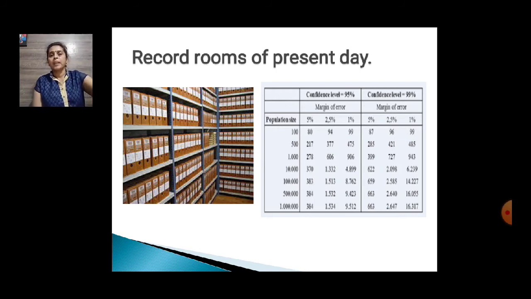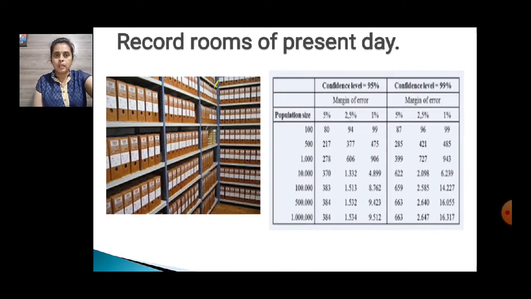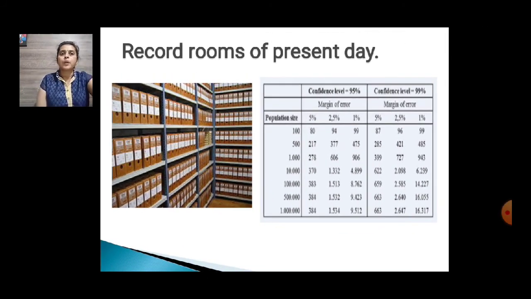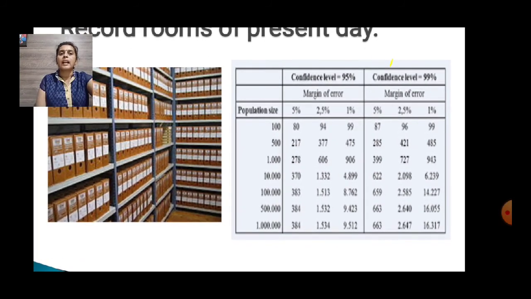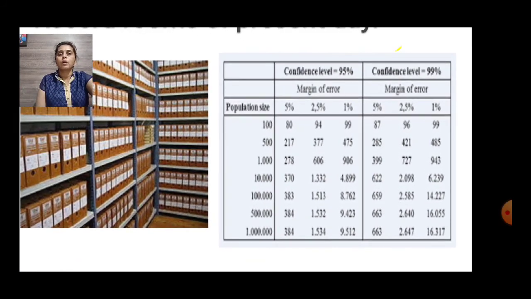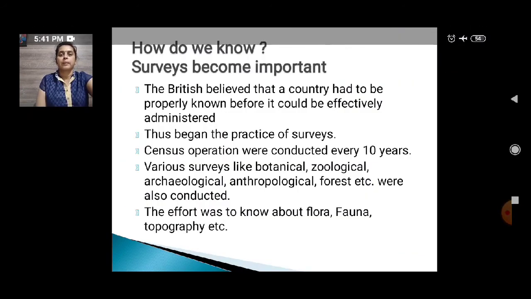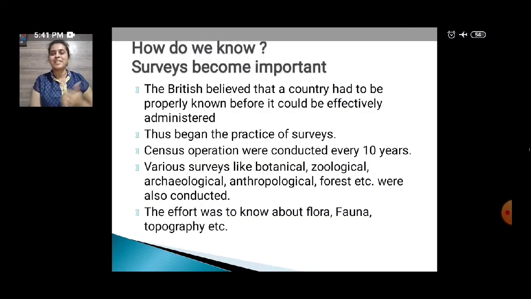जैसे कि आप देख सकते हैं, मैं अगर zoom out little bit करूँ तो ये record rooms है, और दूसरी जगह पे आप देख सकते हो कि some numbers are there. That I will explain now. Here they have written population, then margin error, then margin of error, वो सब लिखा है. Now that is called as surveys.